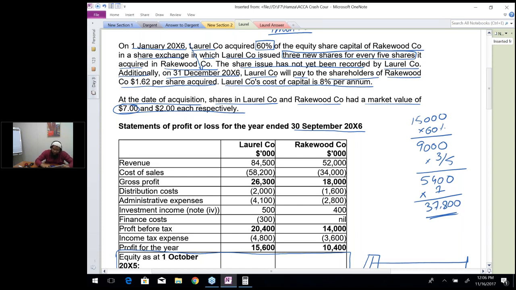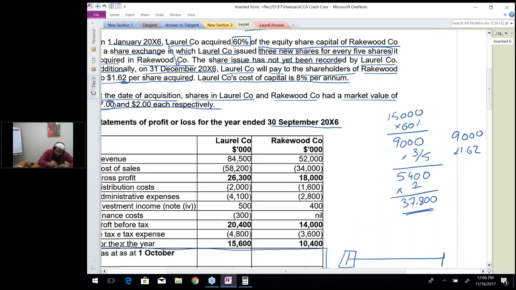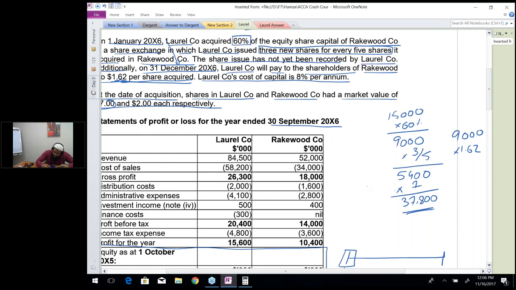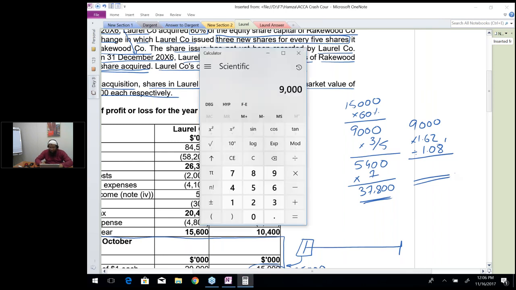And plus, we are also going to pay $1.62 per share after 1 year. So we are going to calculate the present value using a discount factor of 8%. So the present value is divided by 1.08 to the power 1. Okay, Simran, just wait. 3,000 into 1.62 divided by 1.08 will give us the present value of the consideration, which